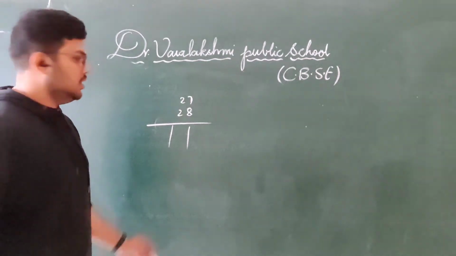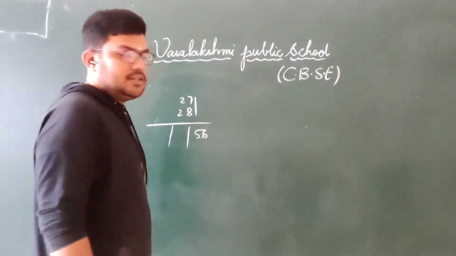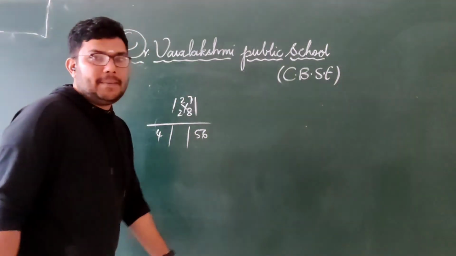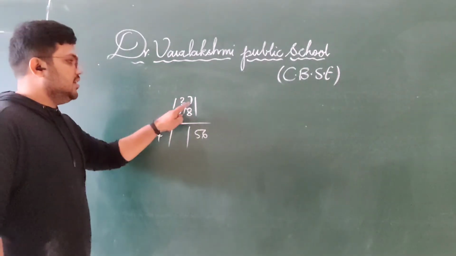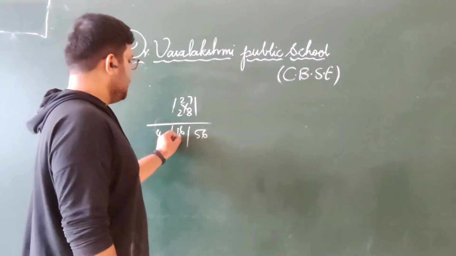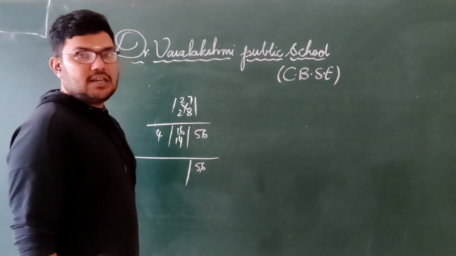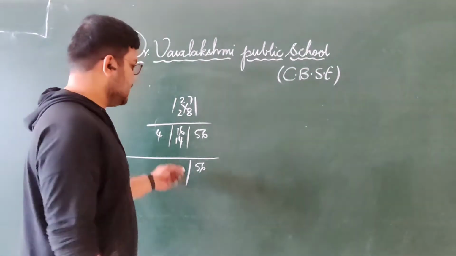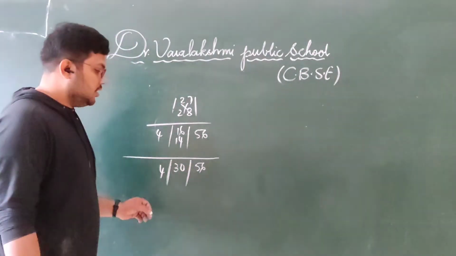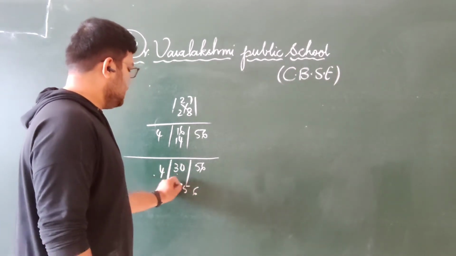So I am writing these two multiplication products. 7 8s are 56. 2 times 2 is 4. Here cross multiplication is required. 2 8s are 16. 7 2s are 14. 16 and 14. So here I am writing 56. 16 and 14, if you add, you get 30, and 4 here. Now just carry that 3 with the 5, it becomes 8, and 7 with the 3 and 4 becomes 6